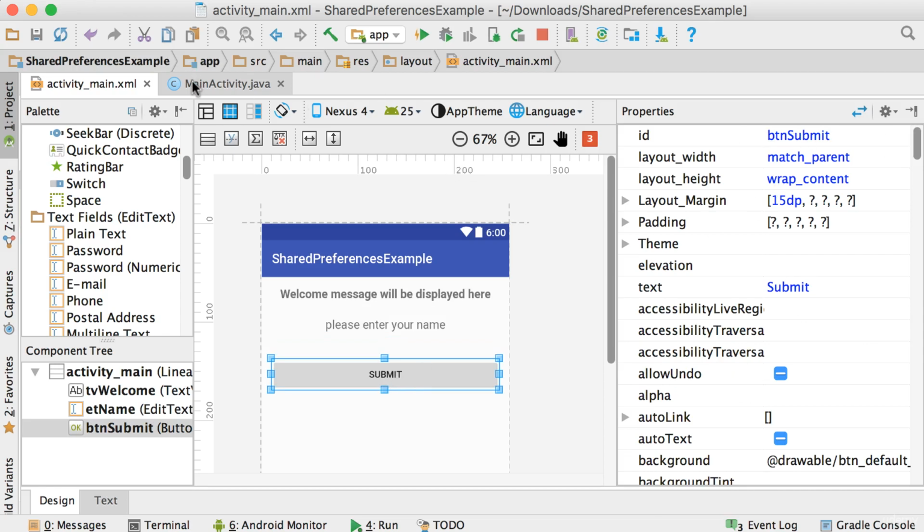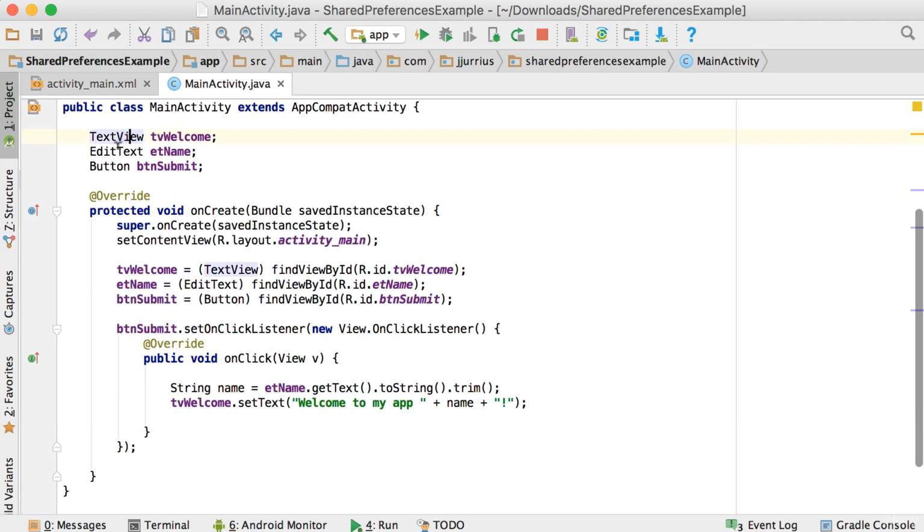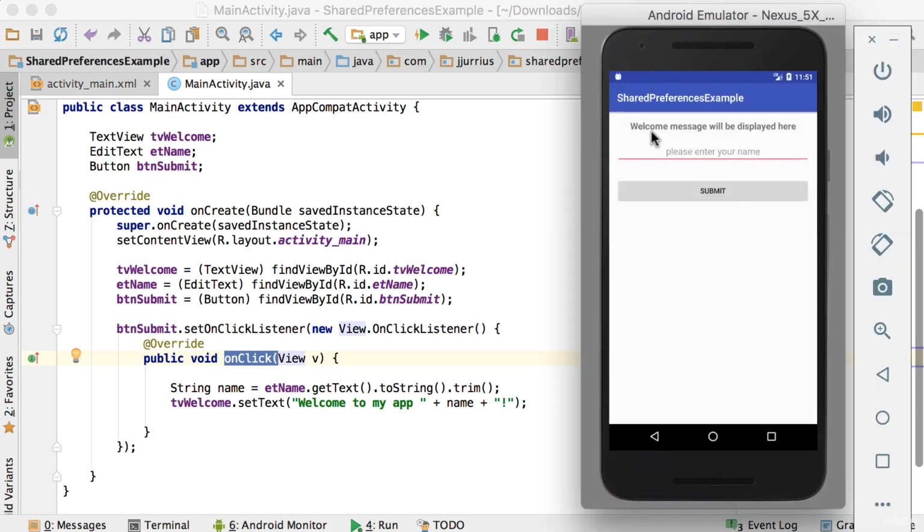So in the main activity, I've set up the text view, the edit text, and the button, all three of them. In coding, I link to them using the findViewById method. And then on the button, I set the on-click listener so that when that button gets clicked, it will go to this on-click method. Now, if we quickly have a look at the app, you can see it just says